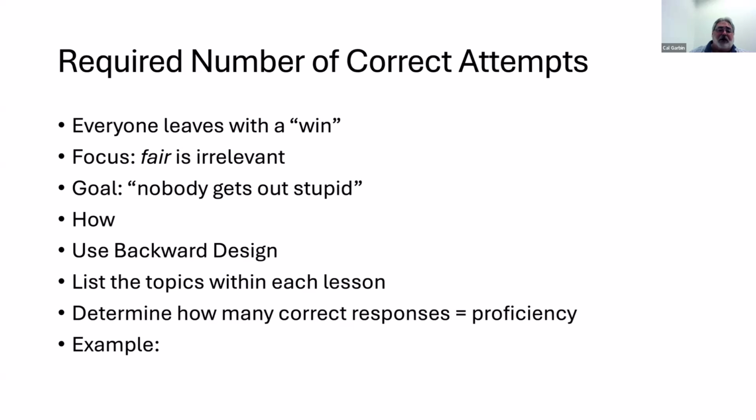Pretty much every Pink Things topic, every topic on one of these exercises, is tied to either an exam question or a laboratory exercise question. And so I get to see how well the students are doing on that particular question. If they're not doing as well as I want them to, I go back and increase the number of items they have to get correct to pass that topic. It's that simple. I've done some more sophisticated statistical modeling, but no, you don't need all of that.